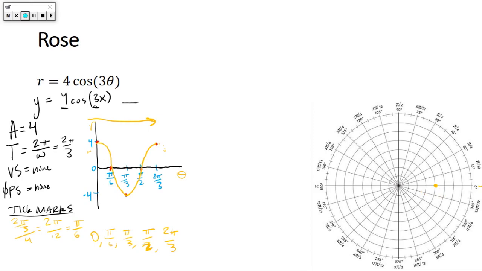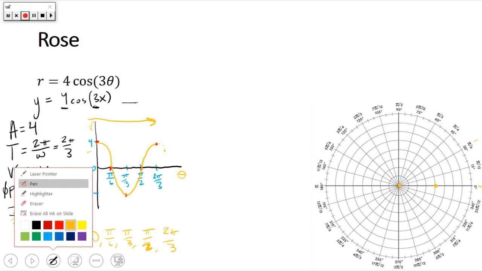Okay, the next point that we have here is pi over 6 and 0. So if we were looking at pi over 6, which is right here, we would be going 0. So that's weird. How do we go? Is it a straight line back? No, it's not. And we get that information from